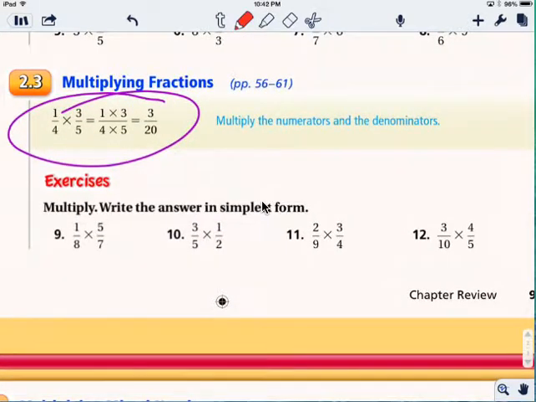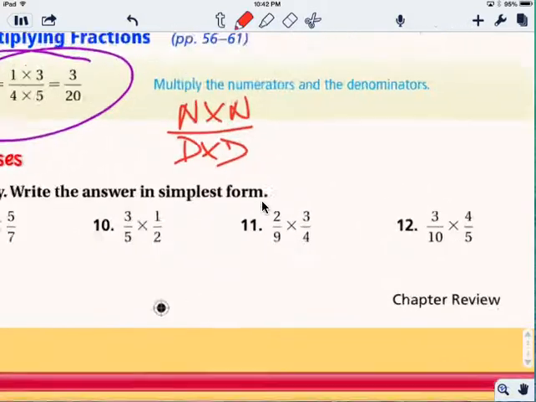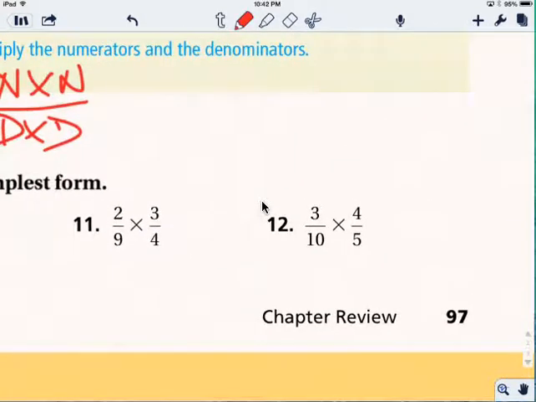And remember, multiplying fractions is the easiest thing we'll do all year. It's numerator times numerator over denominator times denominator. And since the two numerators are factors, and any numbers that multiply together to give you those two numerators are factors, and same thing with the denominators, we can do the cross-canceling, where we look at our diagonals, numerators and denominators, and we check to see if they have any common factors,